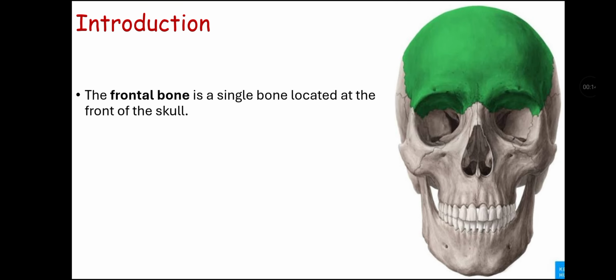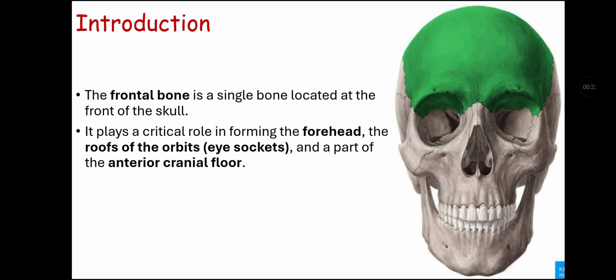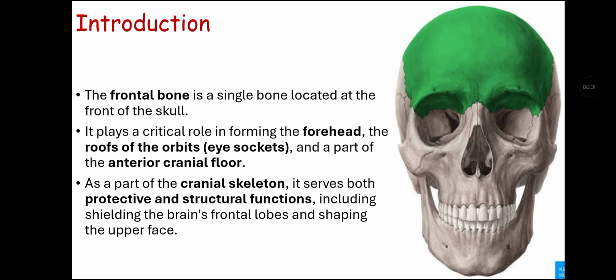Frontal bone is a single bone, that means it is unpaired bone, that means there will be one frontal bone in every skull. It is located at the front of skull. It plays a critical role in forming the forehead, the roofs of orbit, and part of anterior cranial floor. As a part of cranial skeleton, it serves both protective and structural function, including shielding the brain's frontal lobe and